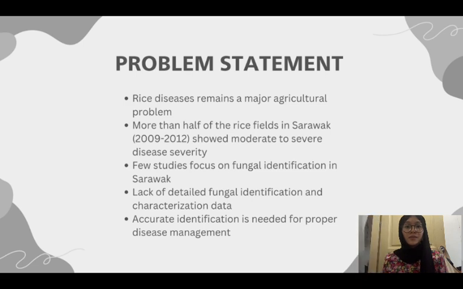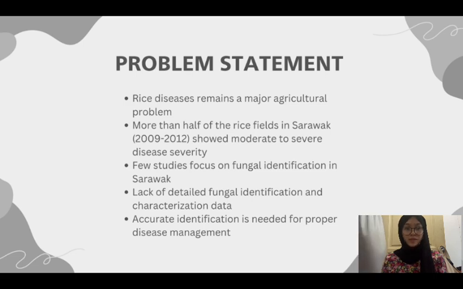This has left us with a critical gap, a lack of detailed fungal identification and morphology categorization data. Without this baseline knowledge, farmers and scientists cannot achieve accurate diagnosis, which is absolutely vital for designing targeted, proper disease